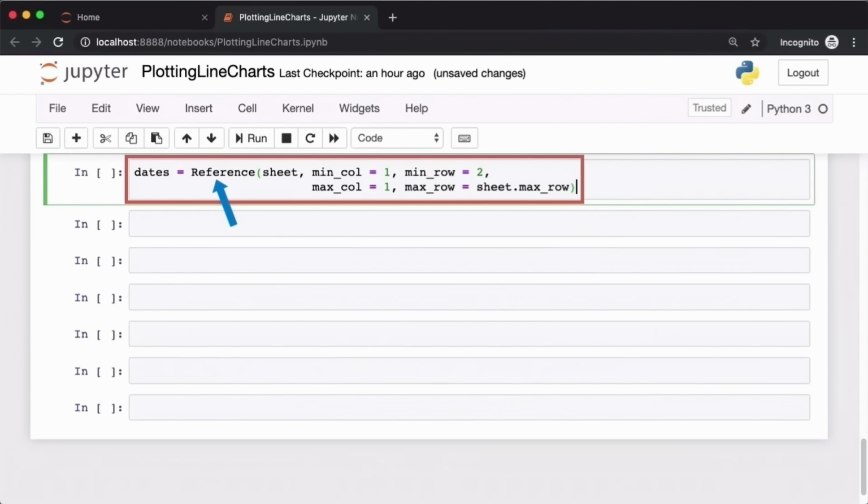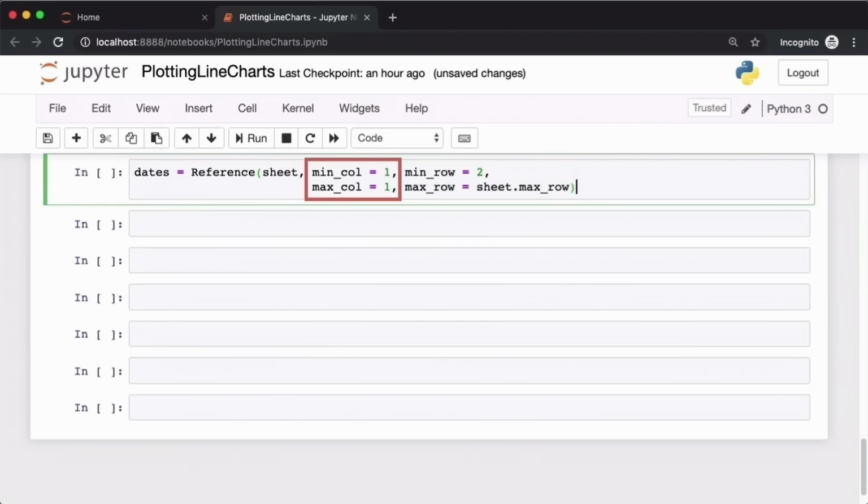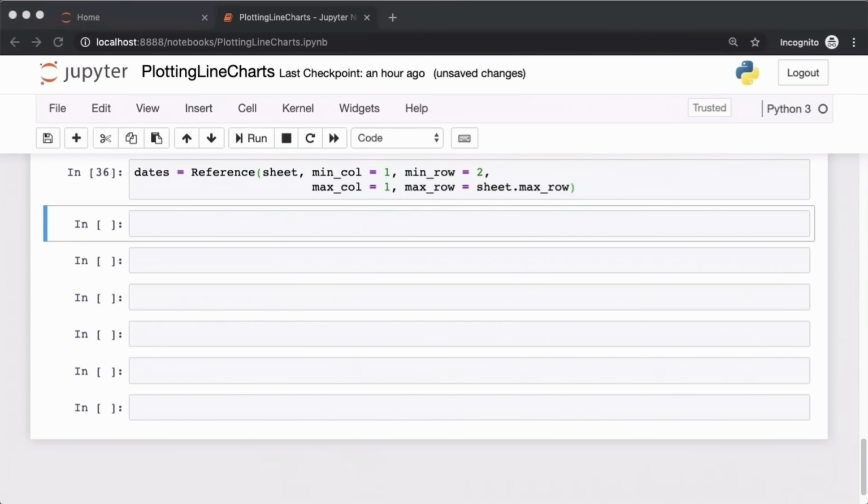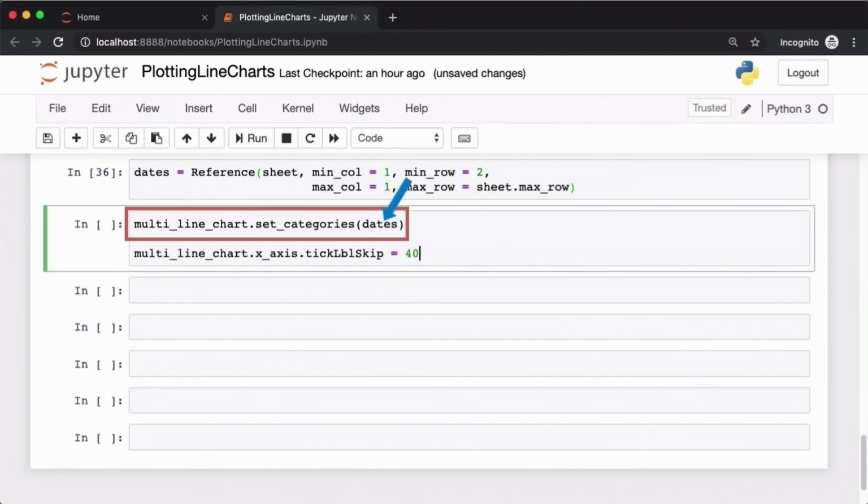This time we don't particularly care about the name of the column, so we can specify min row to be 2. But the important bit here is that min col and max col are both equal to 1. In other words, the dates are going to be picked up starting from cell A2 and ending at the end of our data. Let's go ahead and set the categories property of our multi-line chart with this dates variable, and